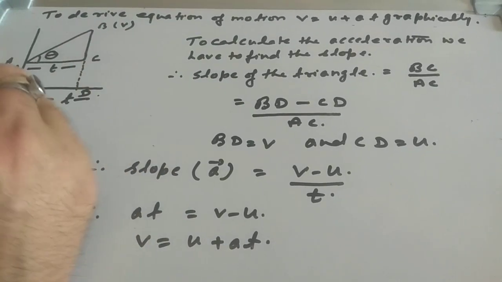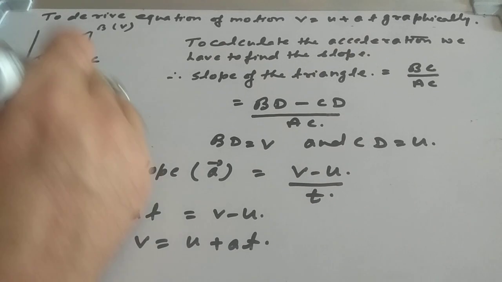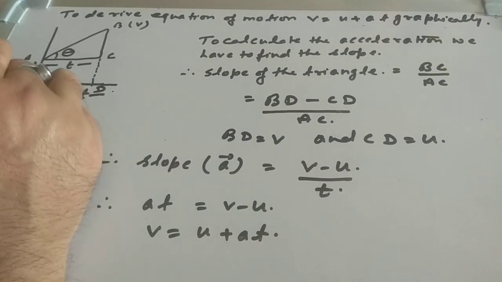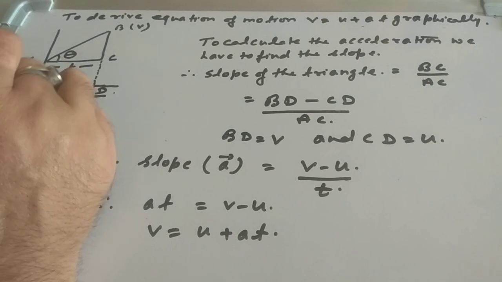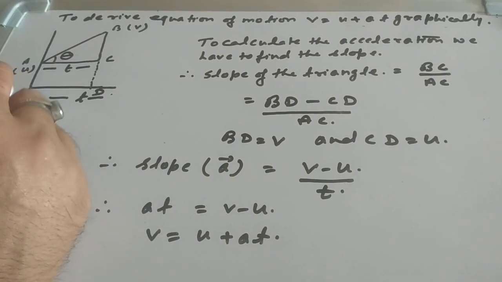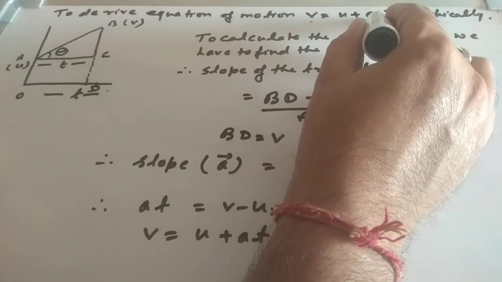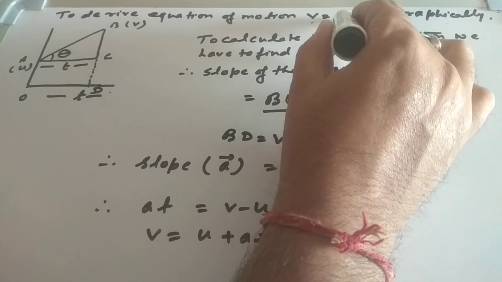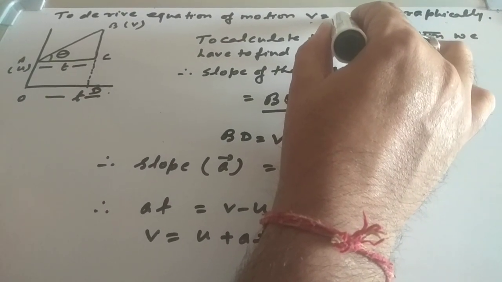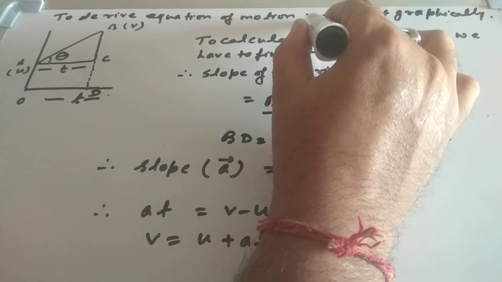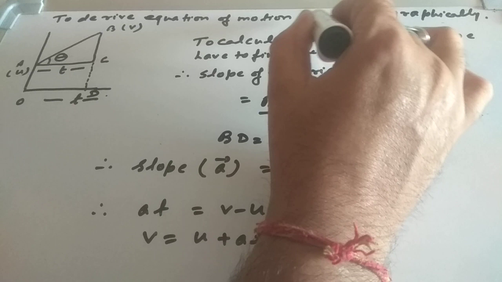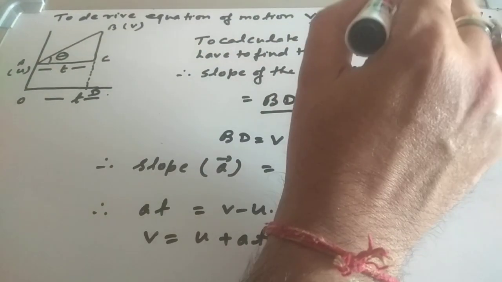So I am starting here. The figure has a y-axis and an x-axis. The x-axis is the time axis and the y-axis is the speed or velocity axis. Here I have drawn the body. The equation is v is equal to u plus at. The body already has some speed, an initial velocity u, and it has the final velocity v, acceleration a and time t. We want to derive this equation.